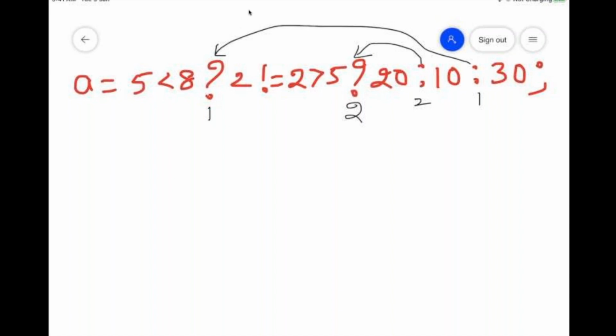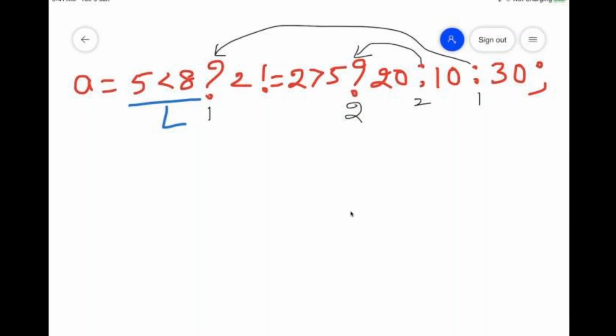So the next step, we have to split. Up to the first question mark, left side. So this is the left side. After the first question mark, before the first colon.